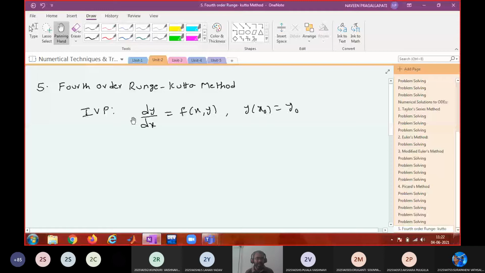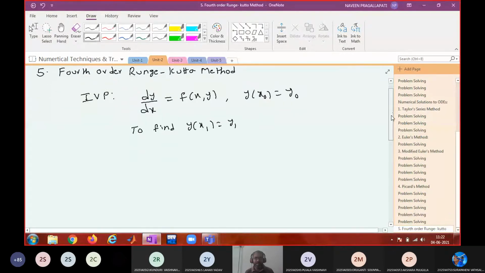So again, the problem is this initial value problem: dy by dx equal to f of x comma y with an initial condition y of x0 equal to y0. We want to find out y of x1 equal to y1. In this we have a formula. Write down that formula, because derivation is beyond the scope of our discussion